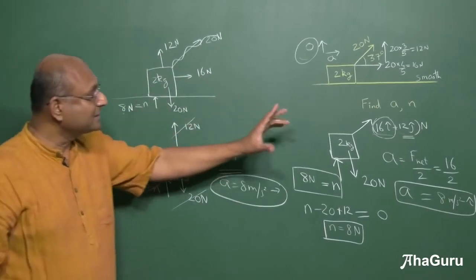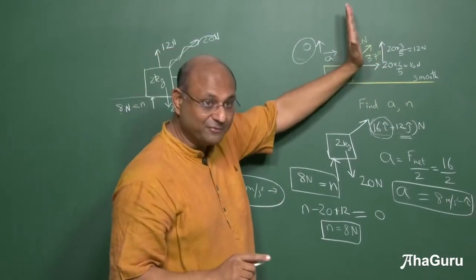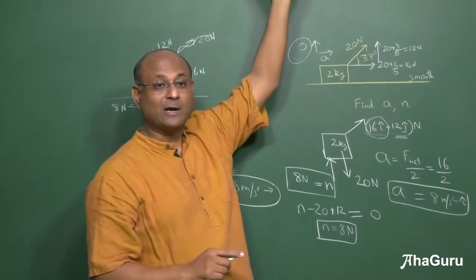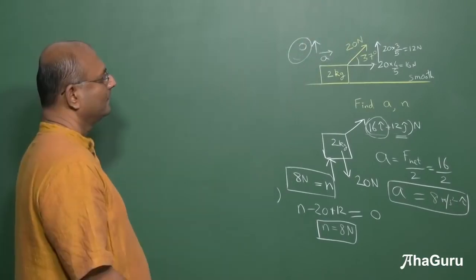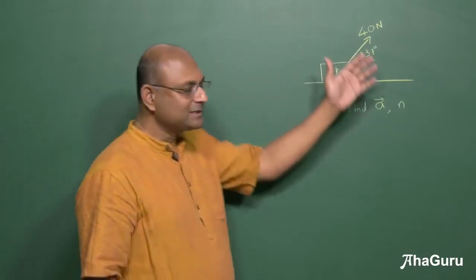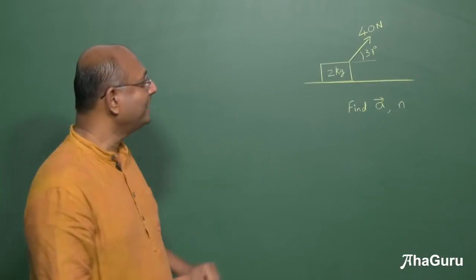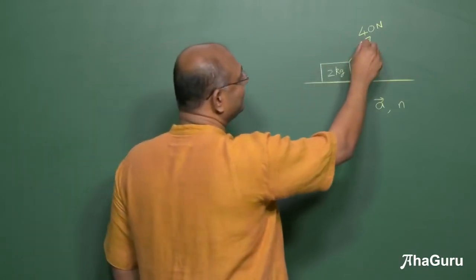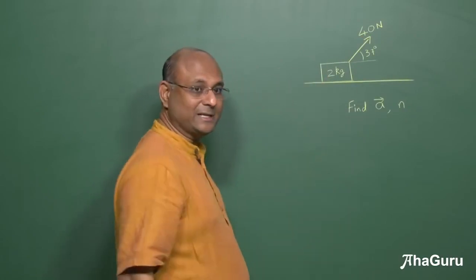So in this question, this force was not enough. It was not large enough vertically to lift the block up. What about in the next question? So here is the question where it is almost the same as the previous question, right? The only difference is that this has become 40 newtons and we want to find the acceleration.